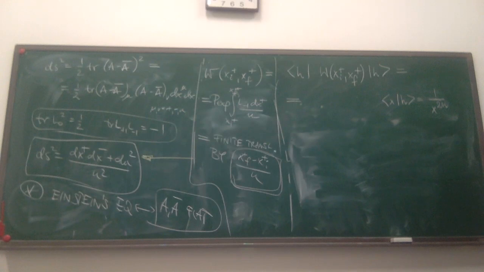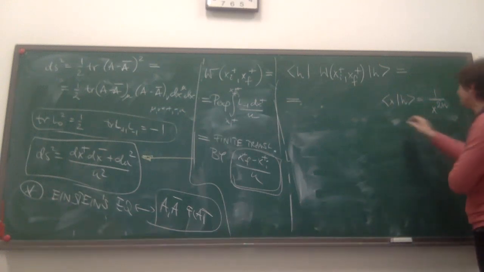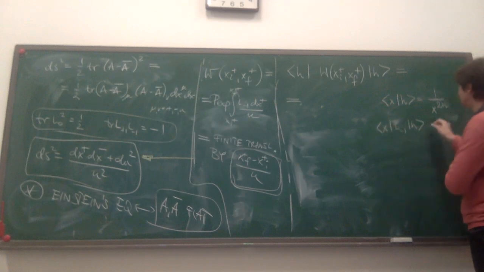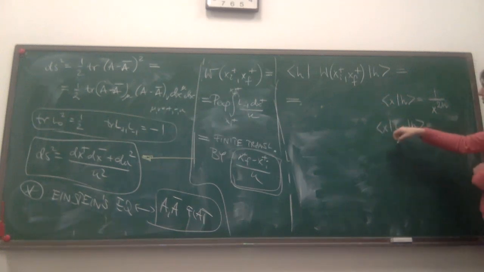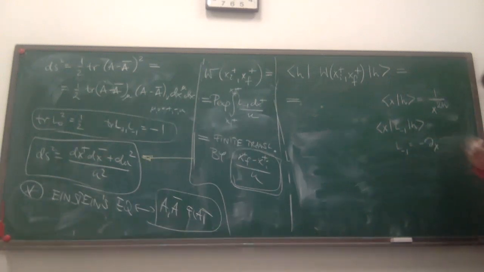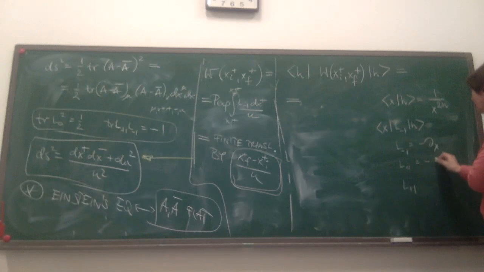And then when I want to generate descendants, so if I wanted to consider L minus 1 acting on h and express that in the x basis, well then I just have to tell you what L minus 1 is. And L minus 1 is the usual minus d/dx. And then there are some expressions for L0 and L plus 1, which have minus x d/dx and minus x squared d/dx. We're familiar with this.